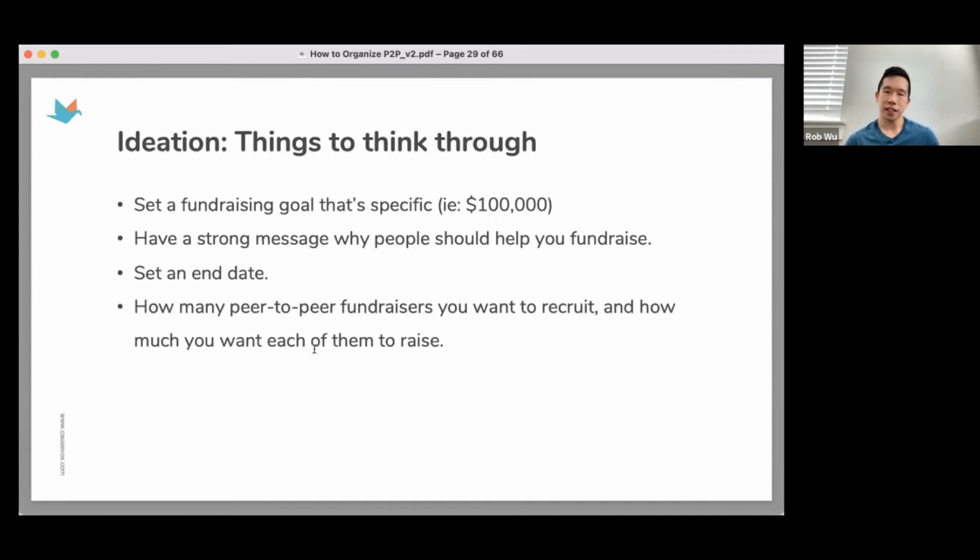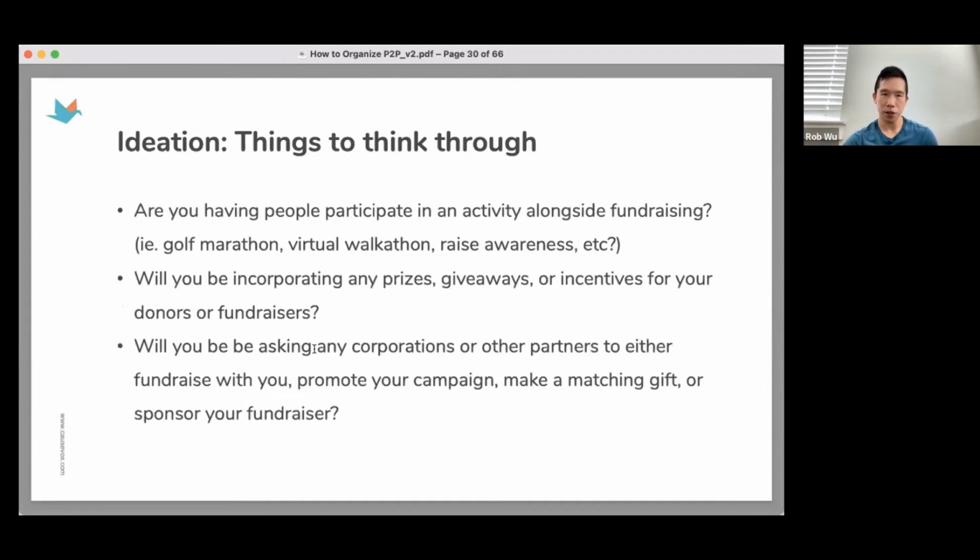You want to think about setting an end date so that you can have something that's more defined. So you can define different parts of the communication calendar that is organized around that end date. And very lastly, thinking about some of the metrics of how many fundraisers do you actually need to recruit in order to get to the fundraising numbers that you want to do. Other activities too, thinking about incentives, or thinking about corporate sponsors. These are more just kind of the gravy on top. If you do have corporate sponsors you want to engage, you want to put them on a list so you can engage them as you recruit them. There are incentives that you can offer as more of a thank you to folks who are fundraising, and that's also beneficial too. And then if you want to add on the activity component.